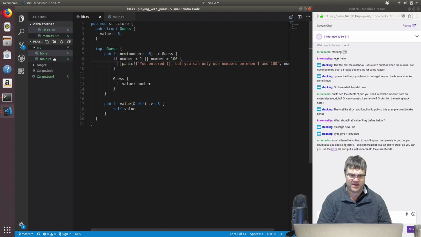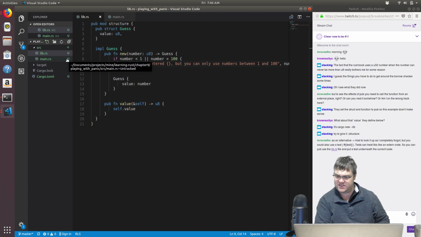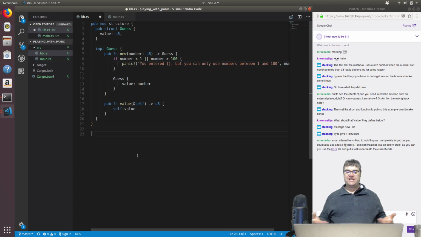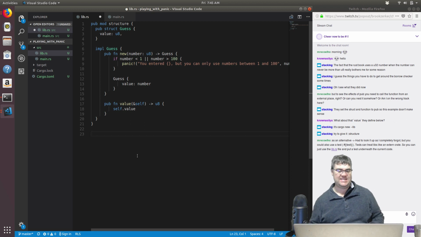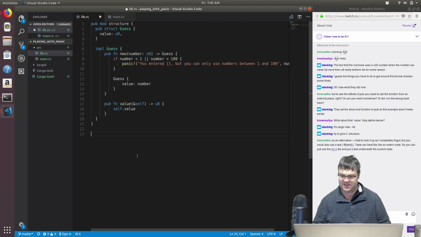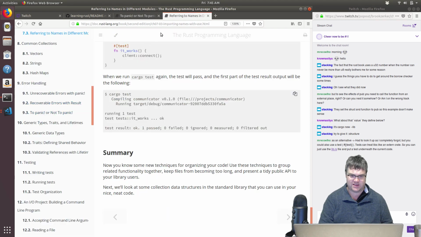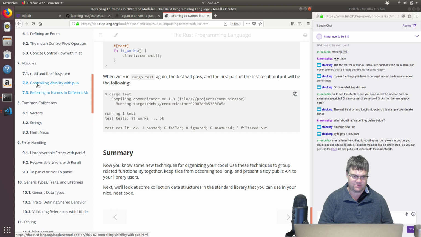In playing with panic, as an alternative, I had to look it up as I completely forgot, but you could also use a test. Tests can treat libraries like an external crate. So you can just use the lib.rs file and put a test underneath the current code. Oh, really? Okay, hold on. They never had us do that; when we went through it, they had us delete the test and not use it. So let's actually write the test in here, and then we can run cargo test, I believe. So if we come back to chapter 7,